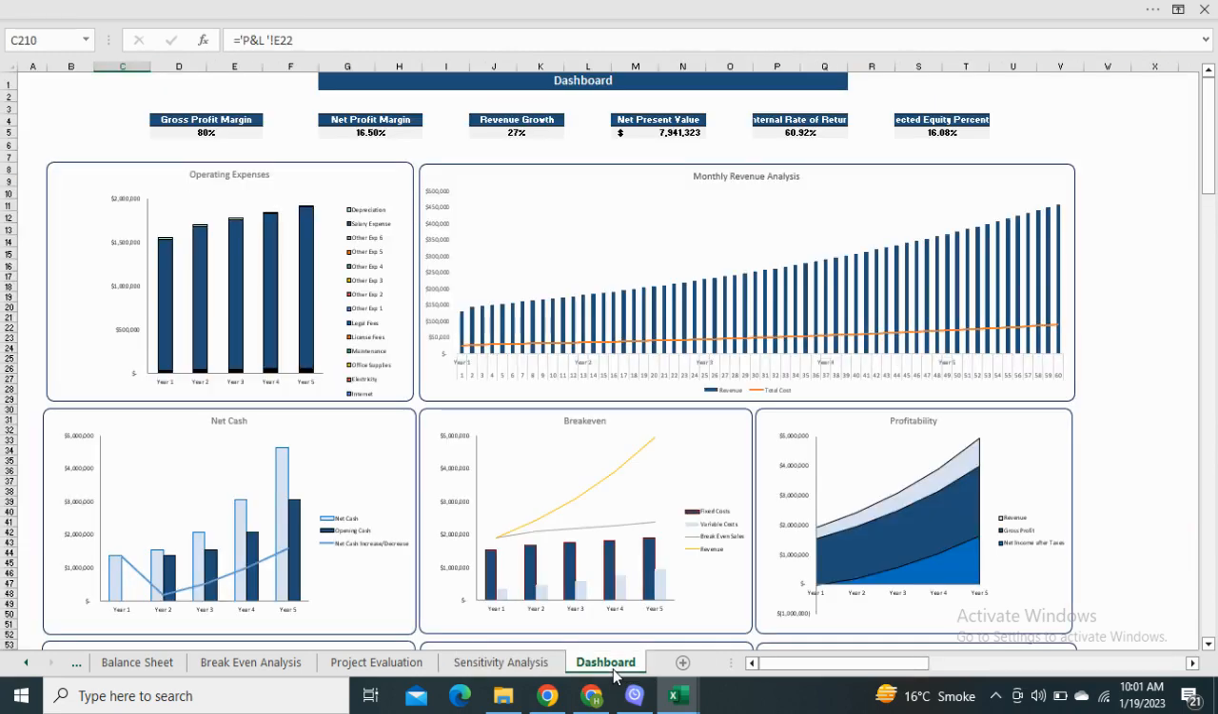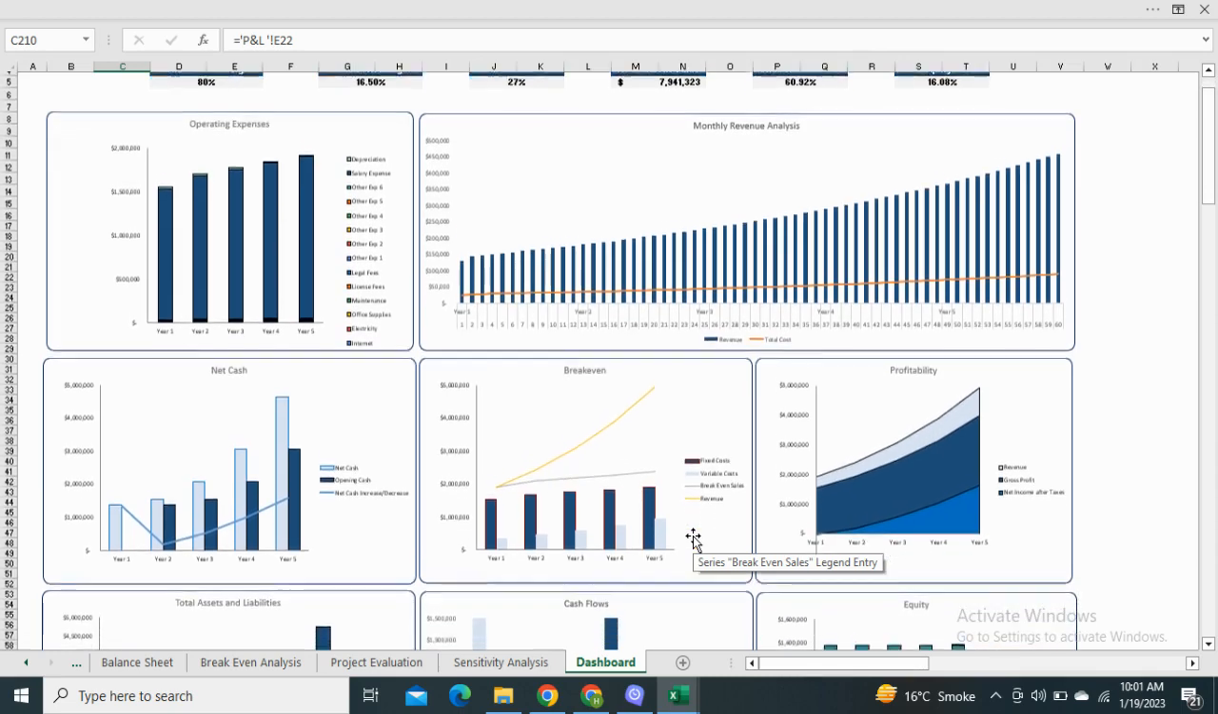Moving on to the last sheet, which includes the dashboard. It shows the relevant financial graphical representation of the model and depicts the key financial metrics for the better understanding